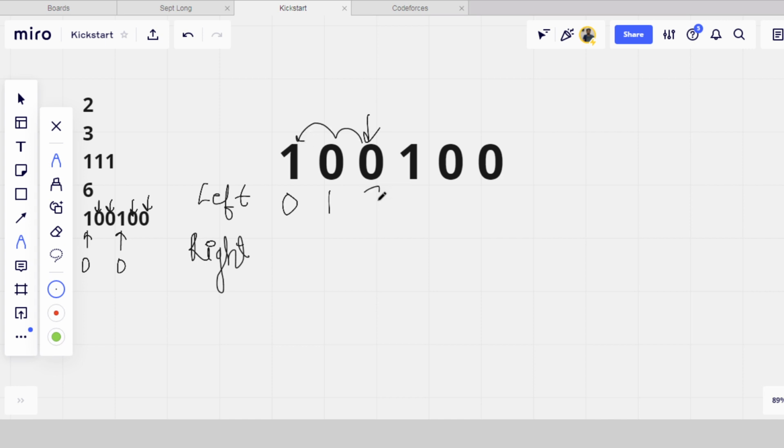So here the value is 2. For this one the value is 0, because he has a dustbin in front of his house. For this one the value is 1, because he has to travel one distance here, and for this one he has to travel 2, because he has to travel 2 times to the left for using the dustbin. Fine. Okay, so now talk about right.